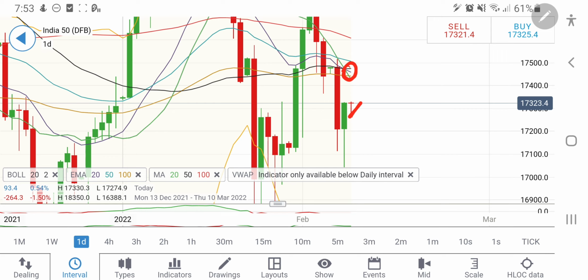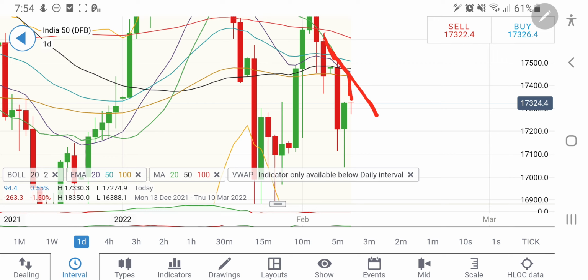This is the 20 period moving average. It can go towards 17,450, which is going to be a stronger resistance. Then 17,500 and then 17,600 will come into the picture. This is the 100 period moving average trying to give it resistance till 17,600. Also look at the daily charts here. You can see the highs it may try to connect, and hence 17,450 is quite certain.